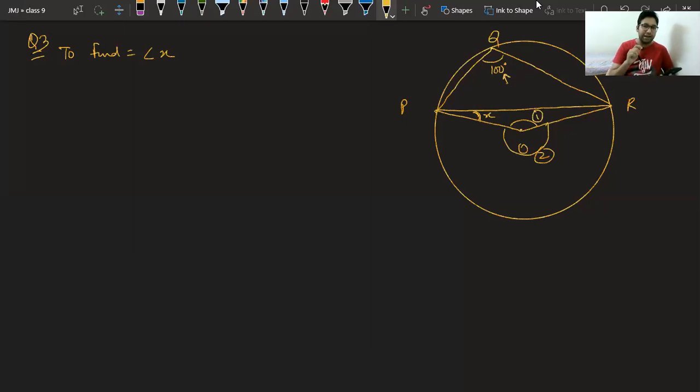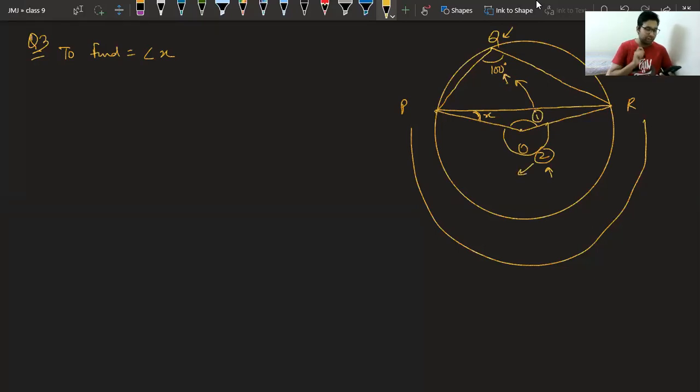We have learned the angle made by an arc on the center is twice the angle made by it on the remaining part. For angle 1, it is not the remaining part. For angle 2, for this arc, the major arc PR, this angle is on our remaining part. Sanskriti, try to see. If you see the major arc PR, for this major arc PR, this Q is on our remaining part. That is why this angle 2 will be 200 degrees. Angle 1 will not.